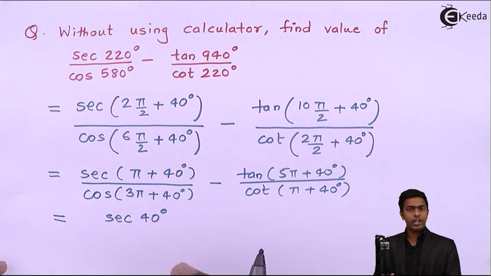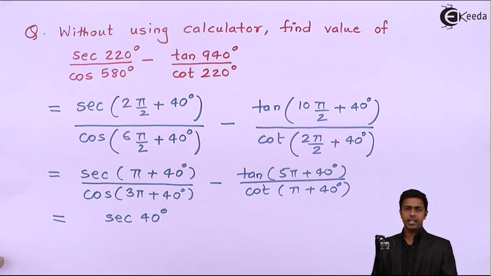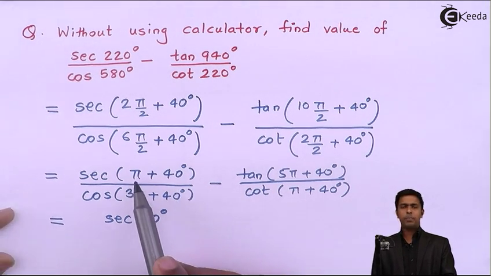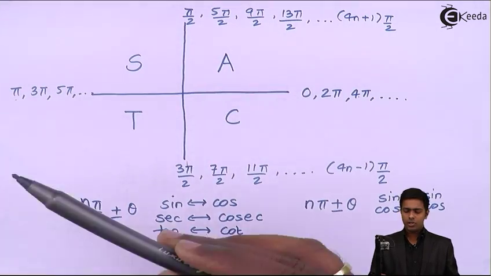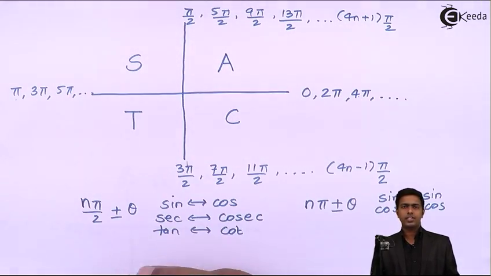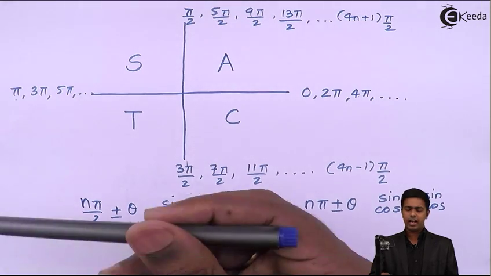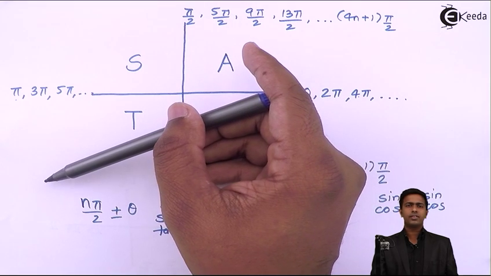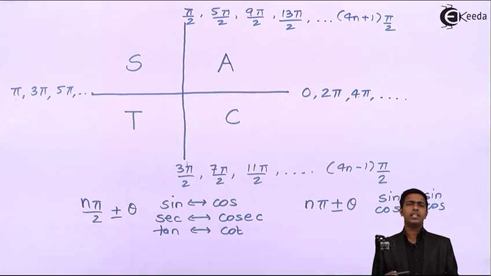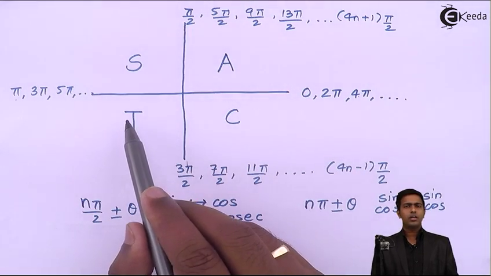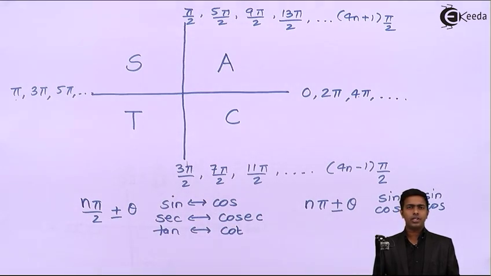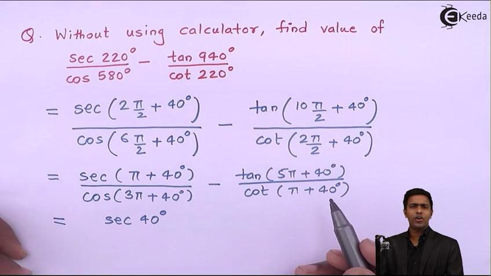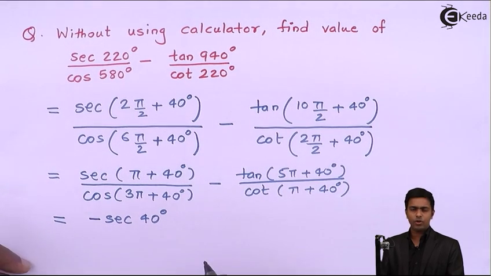Now let's identify the quadrant and then the sign. Pi comes on the negative direction of the x-axis, and if we add 40 degree to that, it will come in the third quadrant. Now let's identify the sign. In the third quadrant, tan is positive and cot is positive. Here we have sec, which is negative in the third quadrant, so we will take minus sec 40 degree